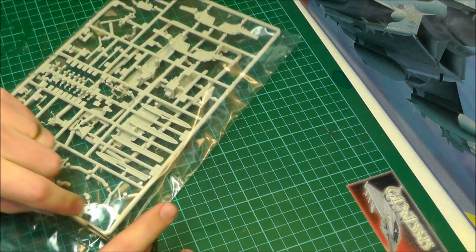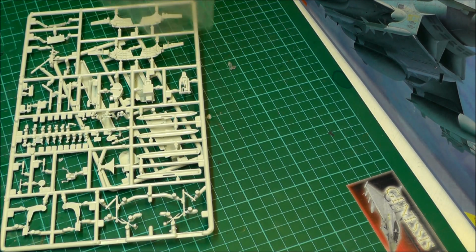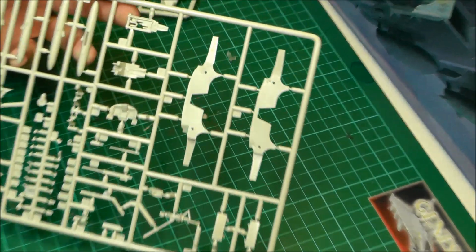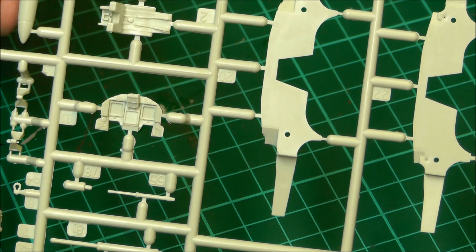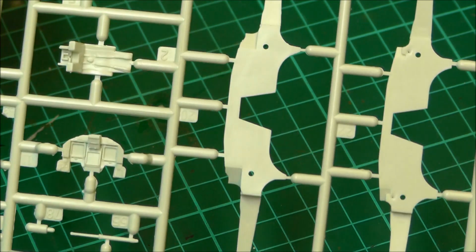Okay, got another bag here, which is all our little bits and bobs. Make sure you've got no pieces in the bag. In here we've got stuff like our instrument panels. So let's bring you in. Pretty nicely detailed, actually. Now I can't remember, but